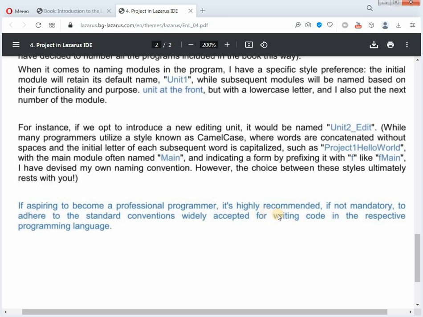I'm just paying attention that it is highly recommended, or even almost mandatory, to comply with this, which is generally accepted as the writing standard of the code of the corresponding